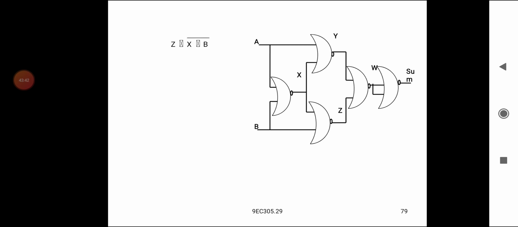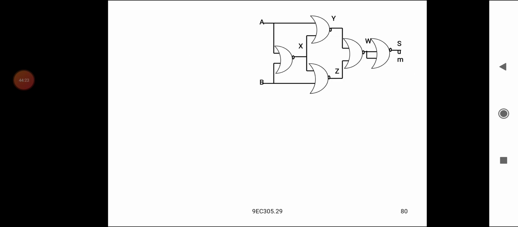Z is equal to (X plus B) whole complement. Z equals ((A plus B) whole complement plus B) whole complement, which is (A plus B) dot B complement. The complements cancel. It becomes (A plus B) of B complement, so A B complement plus B dot B complement, where B dot B complement becomes 0. So output Z equals A B complement.